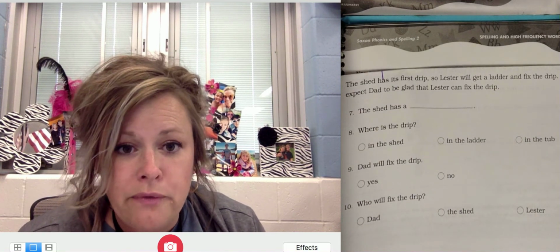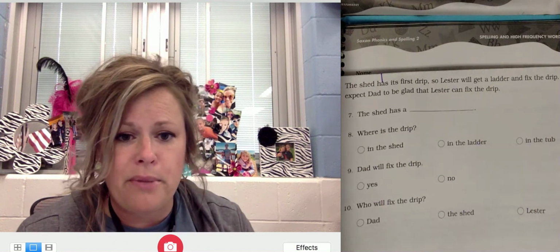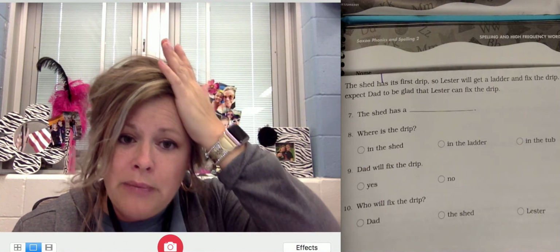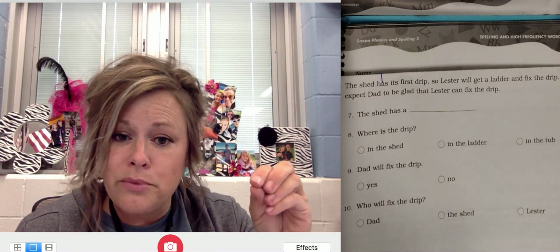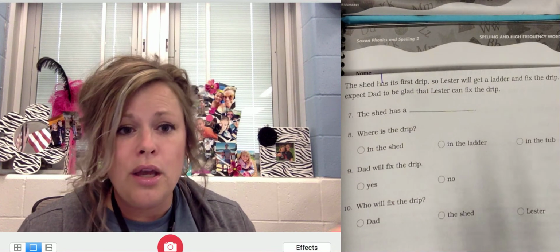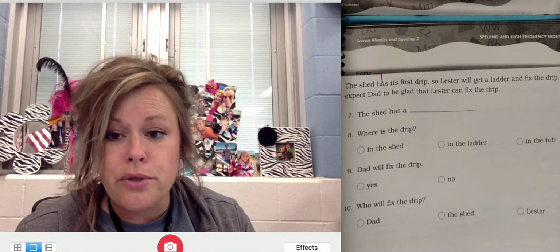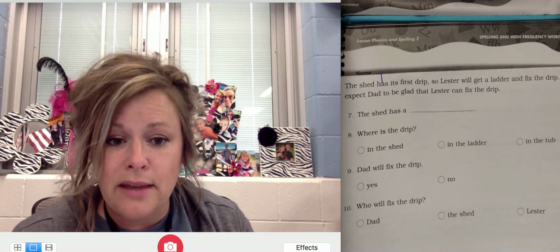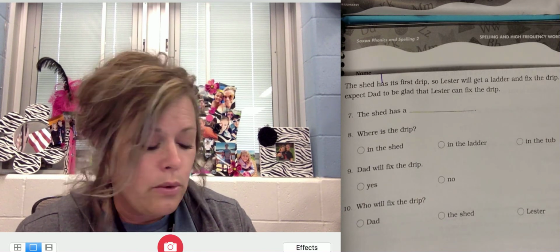Now, I've told you before, when I was little, we would read stories and the teacher would say, put your books away, close them up, and we'd have to just kind of remember, what did we read? But it's different now. We want you to be smart enough to go back, because in real life, if you don't know the answer to something, you're going to go look it up, and that's what we want to teach you. We want you to read, we want you to underline in the text, and we want you to write complete answers if it's a sentence, or fill in the blank by writing or fill in the